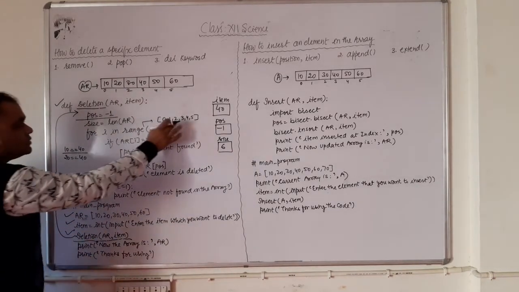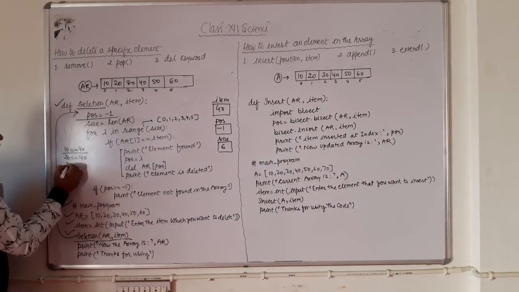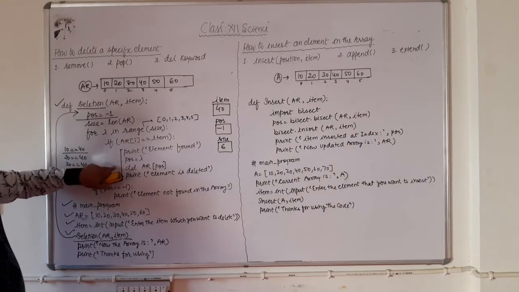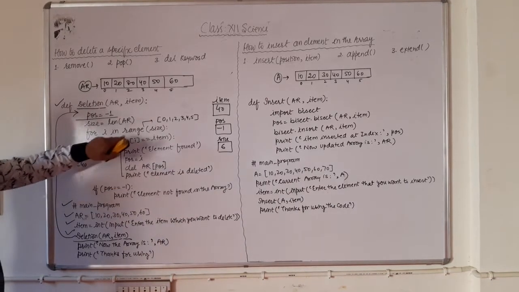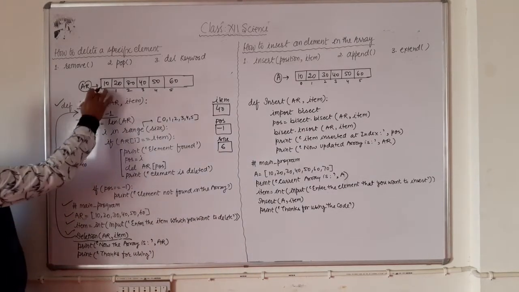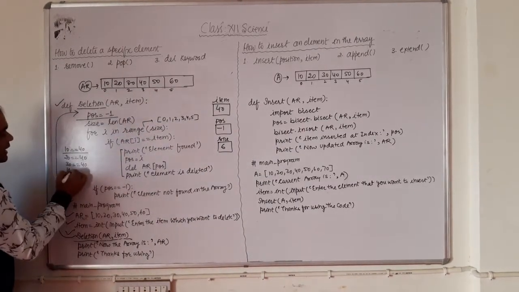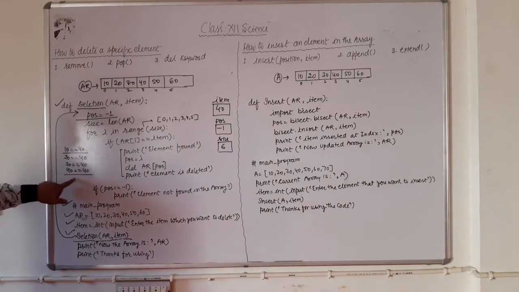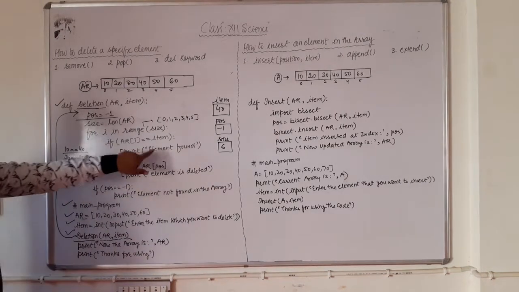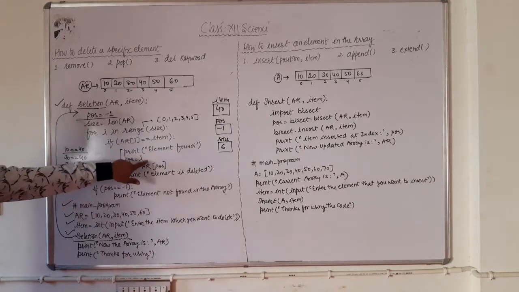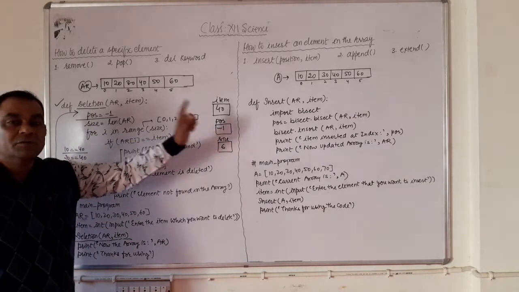Then the value of I is 2. Here 30 equal to 40. Again the condition is false. The computer will not shift inside the if code. And now the value of I is 3. AR[3] is 40, equal to 40. At this time, the condition is true. True, then what is there? The message that the element is found is shown on the monitor. Position equal to I. Very first, the position variable holds -1.